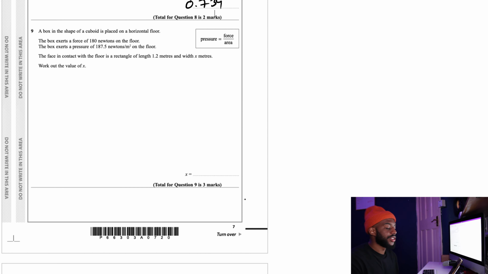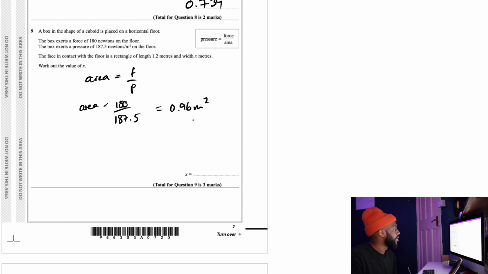Okay, so we've got a pressure question here. In this question, we've been given the force, we've been given the pressure, and we need to work out the width of the floor. To do that, we're going to work out the area, and we've been given 1.2 meters as the length. So we'll be able to set up an equation and work out x. First of all, let's rearrange this equation to area equals force over pressure. So area equals force, 180, divided by 187.5, and that gives us